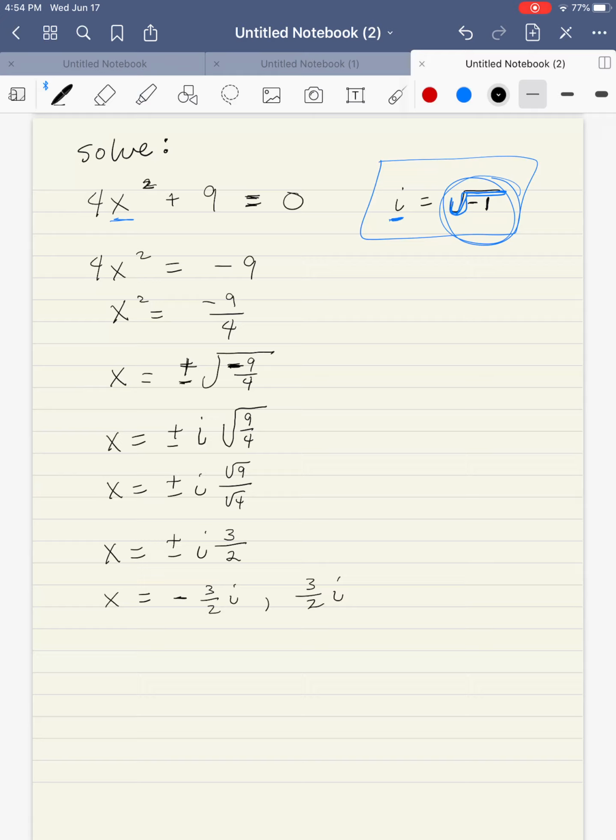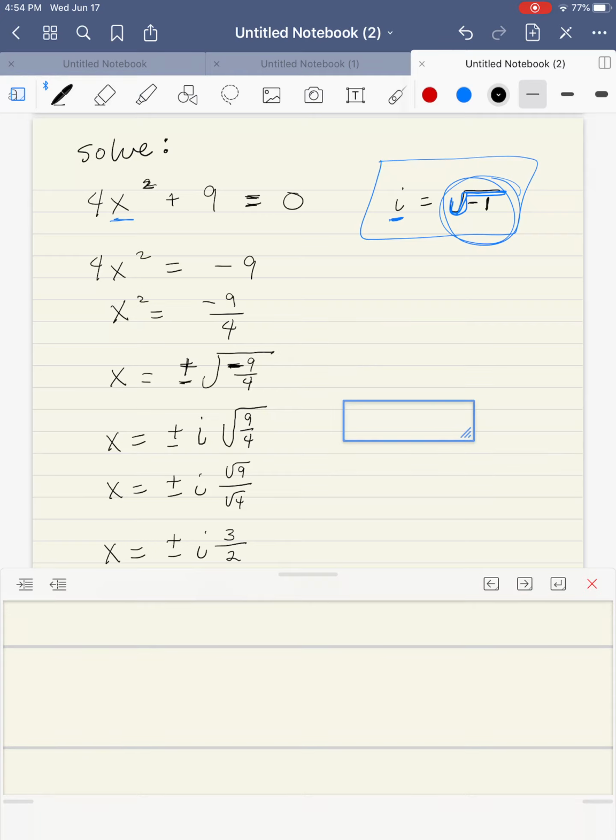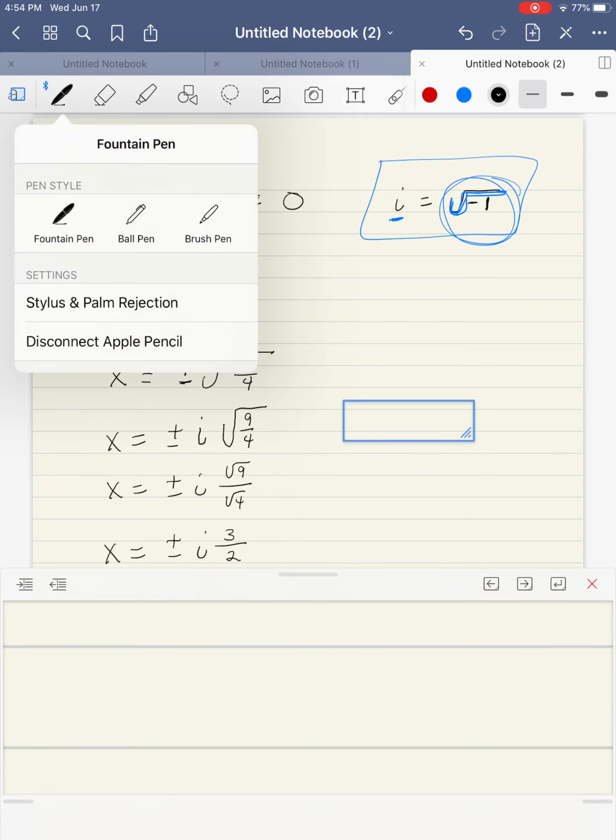Let's kind of recap what we did here. We looked at the equation. We saw we did not have a bx term. So our process is to isolate the x squared, plus or minus square root of both sides. And then as we were doing that, we saw that we had